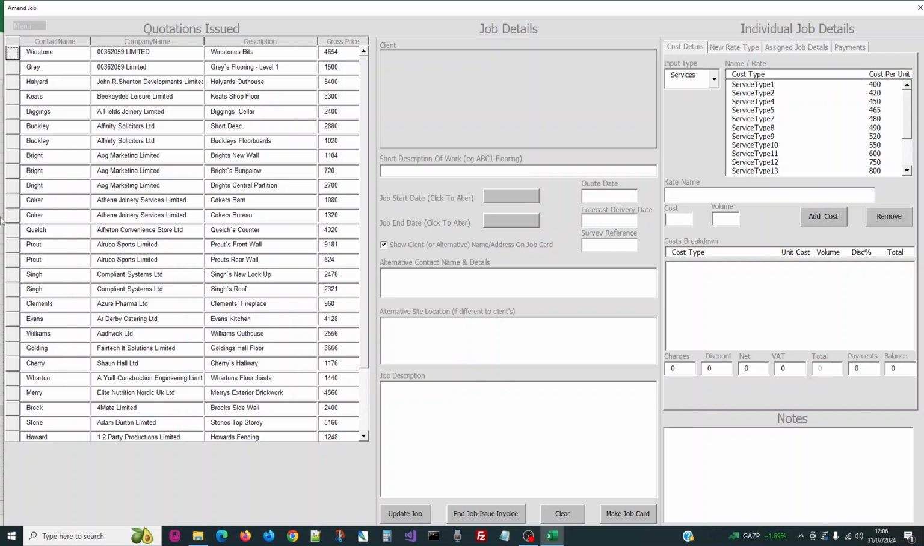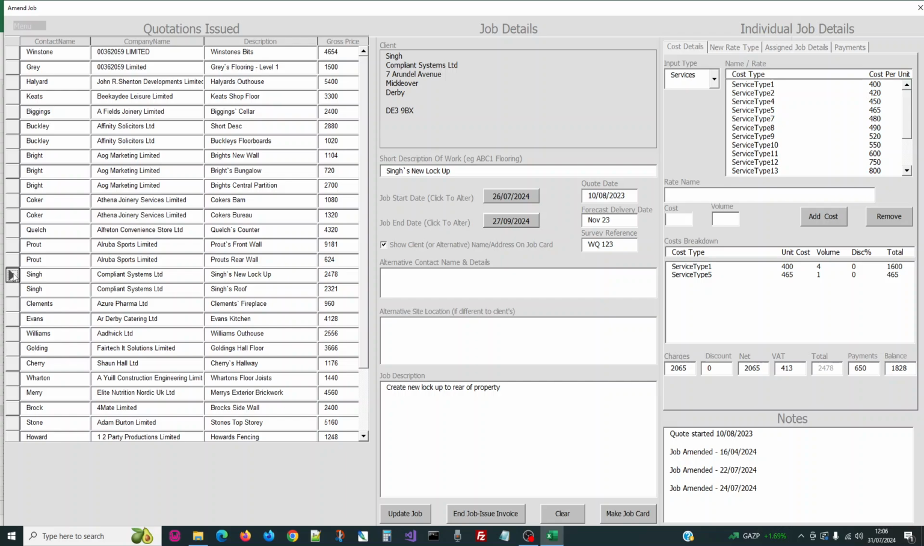and if we click on an item, the centre and right hand sides are populated, and it shows things like the customer details, the short description of the job, start and end dates, the date the quote was produced, the job description, and on the right hand side there is a series of